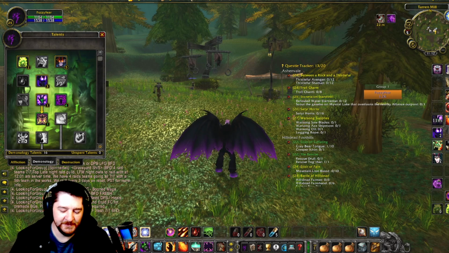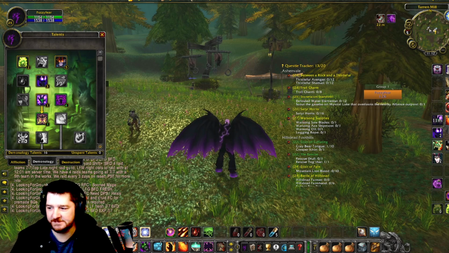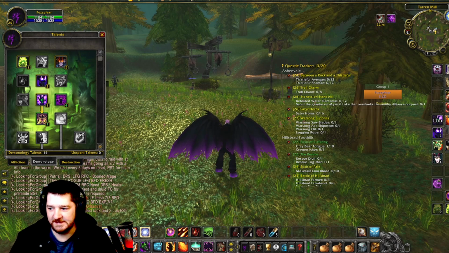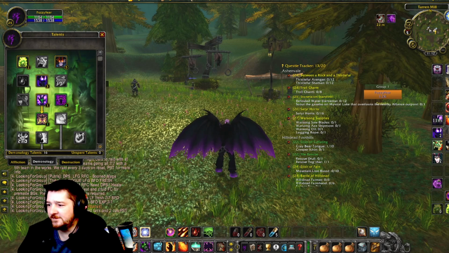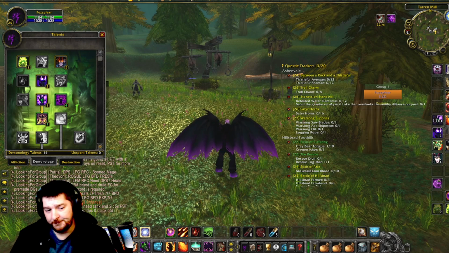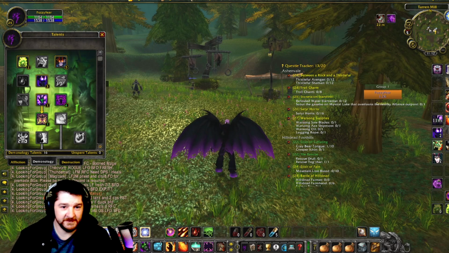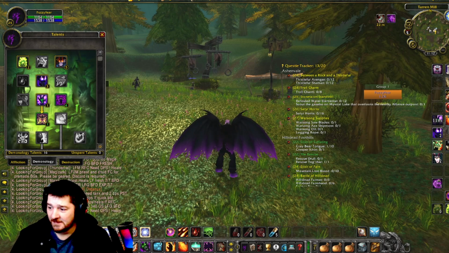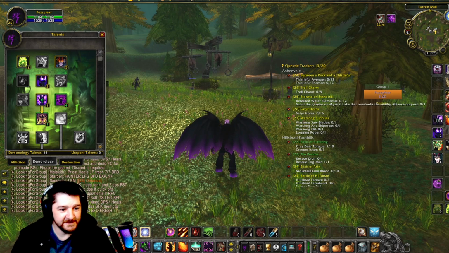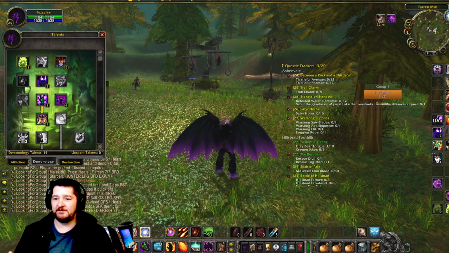And I see so many Warlock tanks running Affliction, and it drives me just crazy. It may be easier for you to play Affliction while you're tanking, but you're not doing your group any favors at all. You're not doing Warlock tanks in general any favors when healers think you're squishy because of the way you're playing.